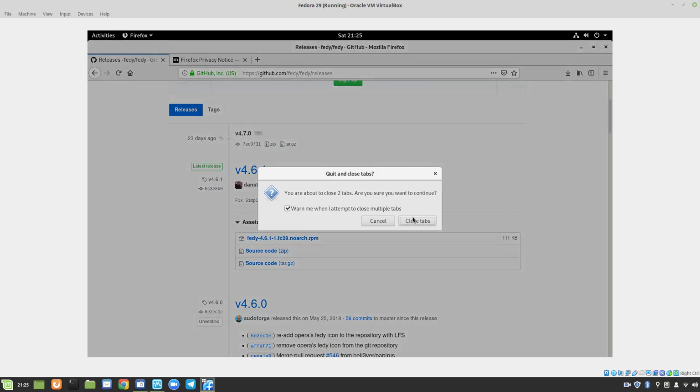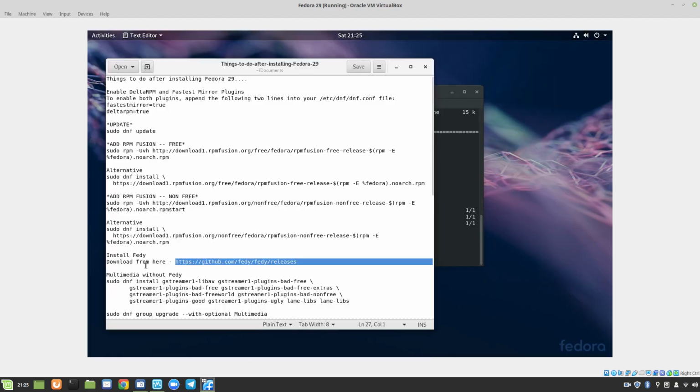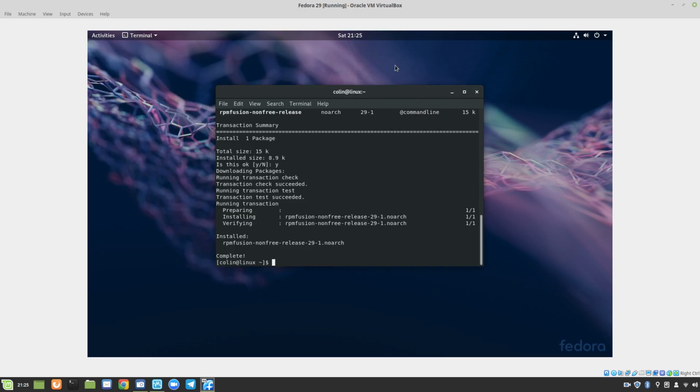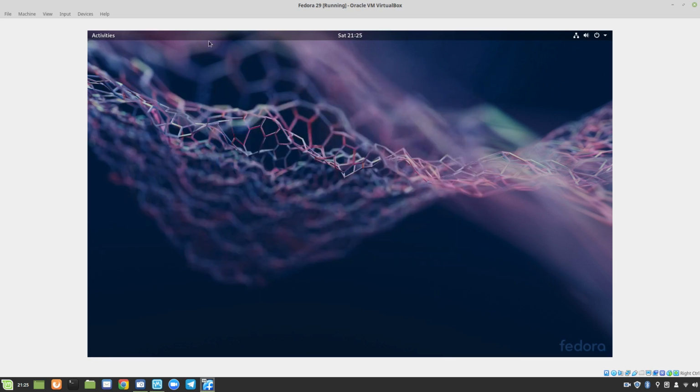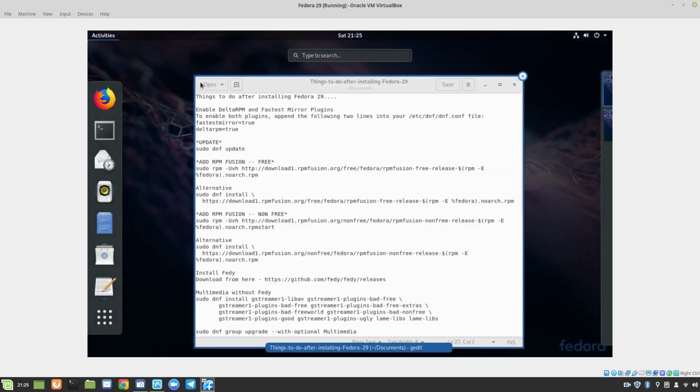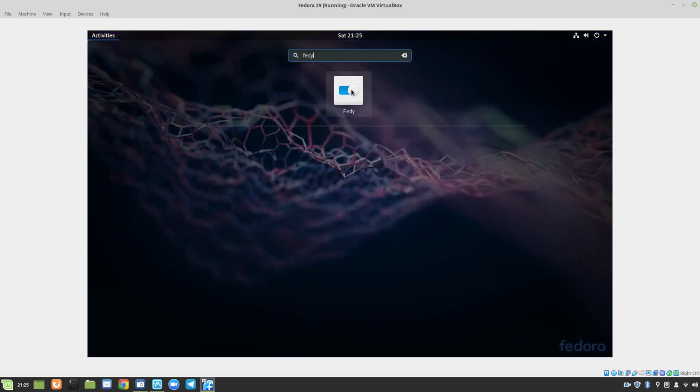Let's close the browser for now. And now we have Fedi installed. Now this is an alternative multimedia without Fedi. I was just doing some sort of trial and error there with an error that I had, but that doesn't really matter, because if we go to Fedi and open up Fedi,